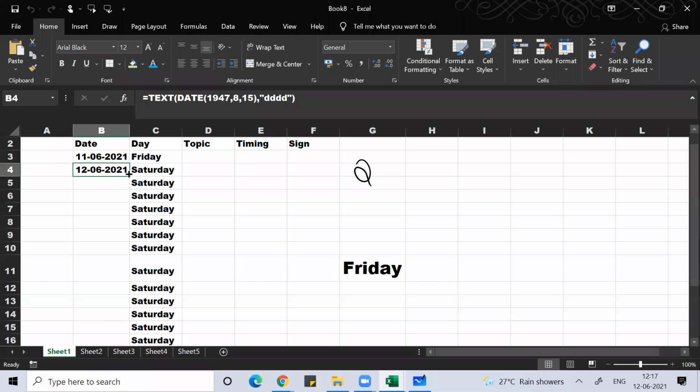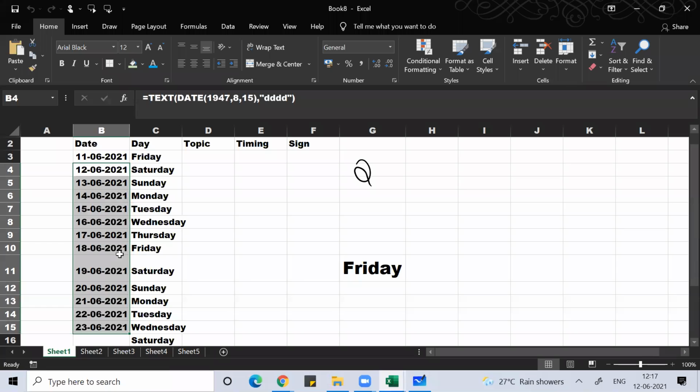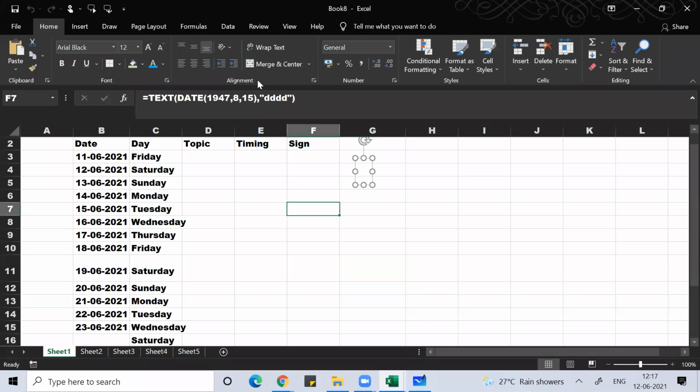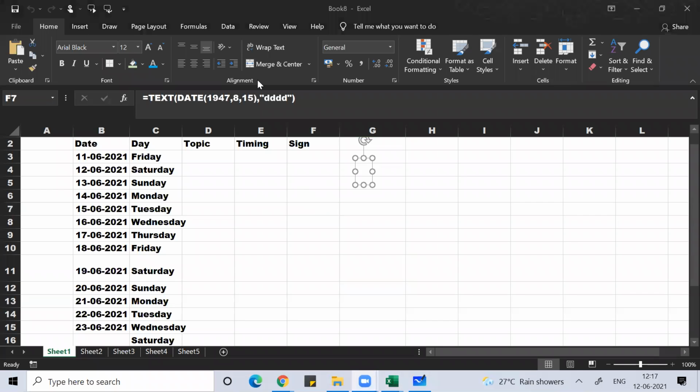The moment you get the plus sign, simply drag it and you'll get the value. Clear, everyone? Any doubt, any question?